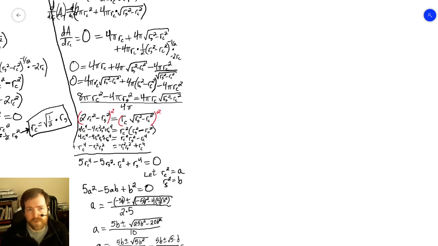Alright, so let's take this one step at a time. So now we've got, whatever this is going to be. Sure, y equals, because I don't care. 4 pi x plus 4 pi square root 1 minus x squared